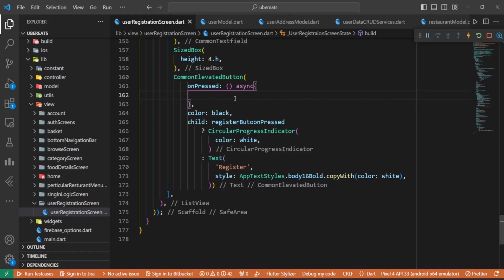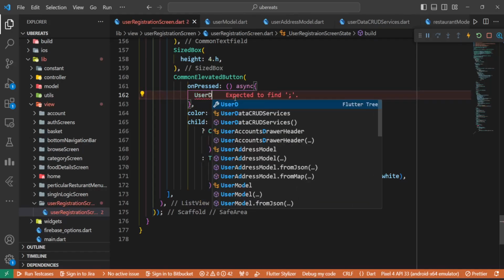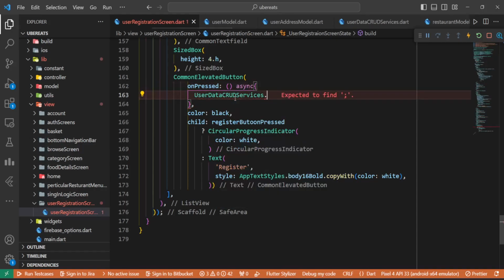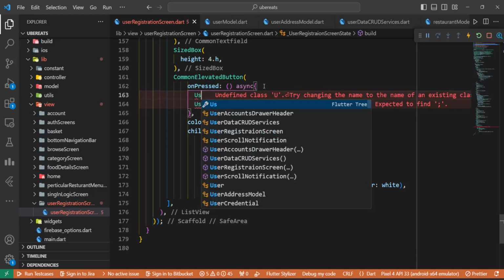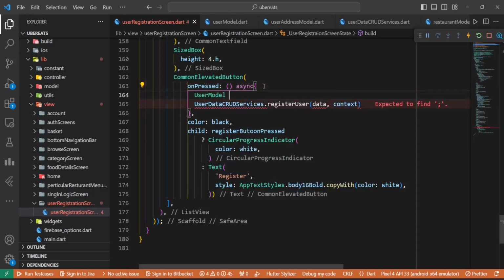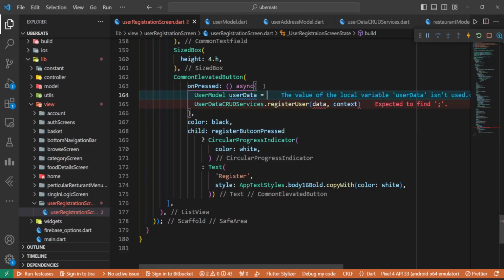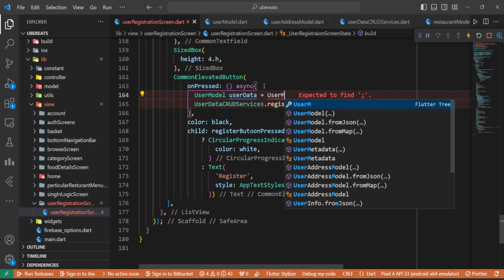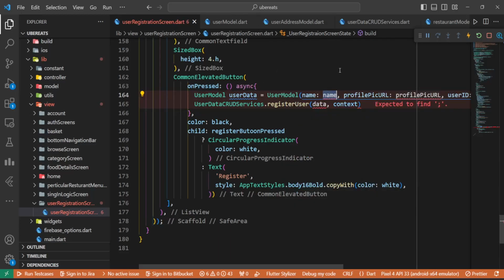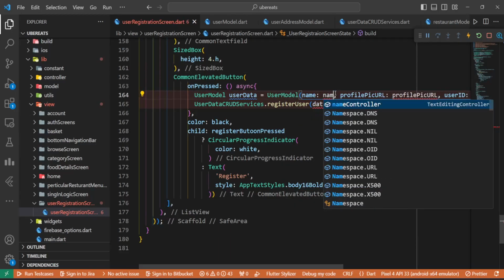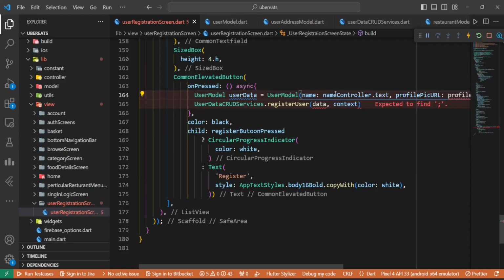So we'll go with user data CRUD services dot register user, and here we have to go with user model, user data equals user model, and here the name is going to be name controller dot text dot trim,